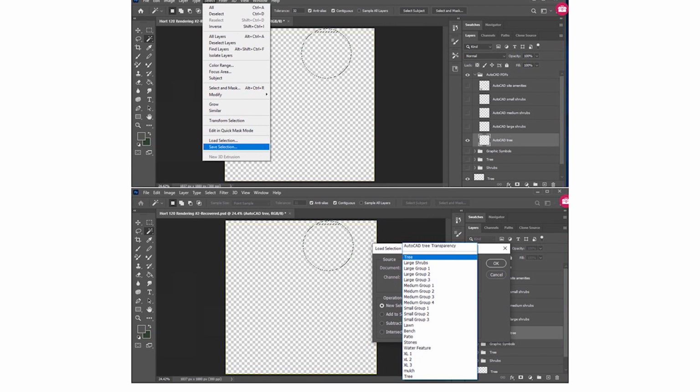In order to load a selection though, the first thing that needs to be done is turning on the layer you want to work with and turning the other layers off. This step just makes the drawing easier to work with. For example, if you want to work with the tree, turn the tree layer on and the rest of the layers off. Then, use the magic wand tool in order to select the interior part of the tree and open